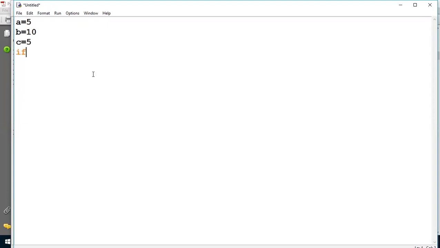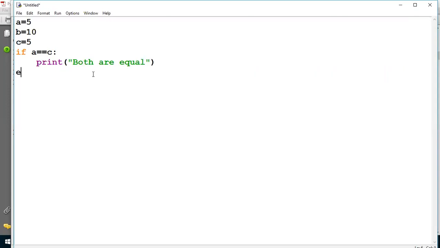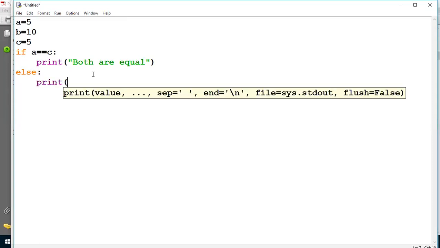Then I want to write if a equals equals c colon, then print both are equal, else print both are not equal.